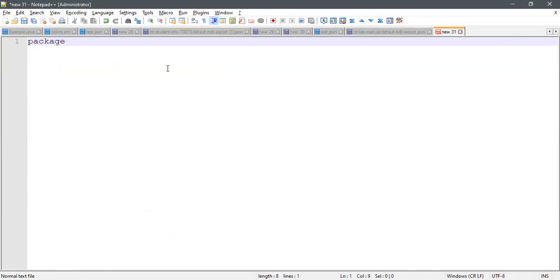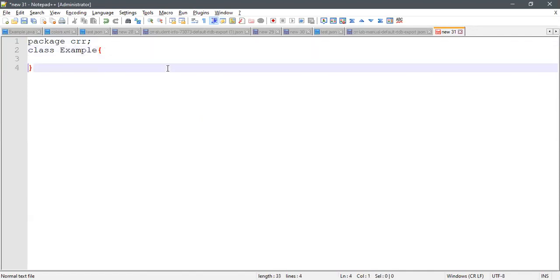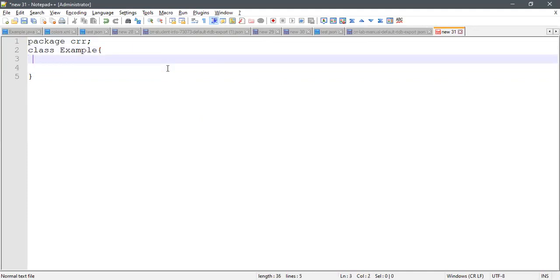In package, I'm giving the name as CRR, semicolon, and then class, name of the class, like example. It takes more time because I would have done this previously.